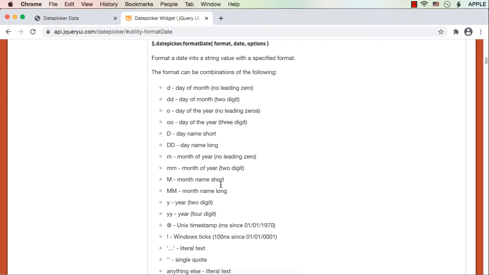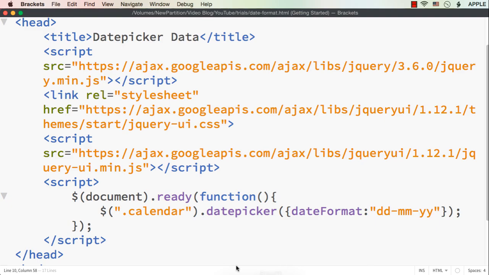So if I just specify DD in capitals, it will display the name of the day. That is what I have told initially. You can get different pieces of information using this date format of the date picker widget.